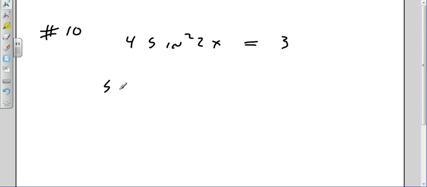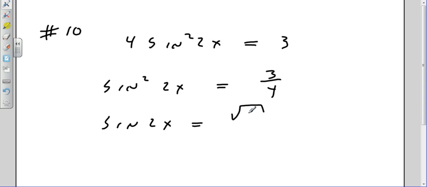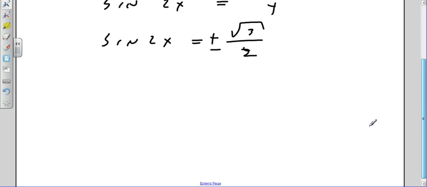I get sine squared of 2x is 3 over 4. I have the sine of 2x is the square root of 3 over 4, which is square root of 3 over 2, and I'm plus and minus. Okay, I find that the period of this function is going to be 2 pi over 2,